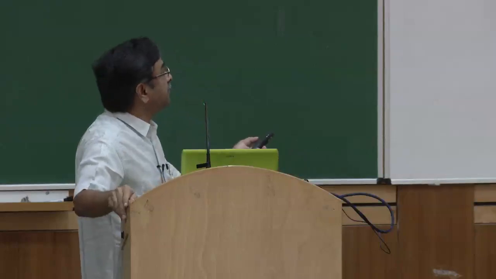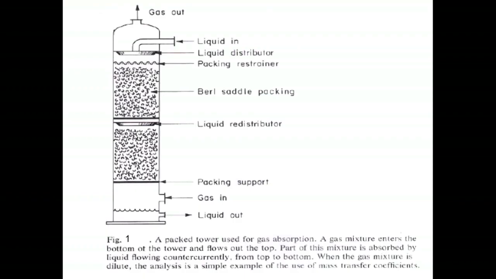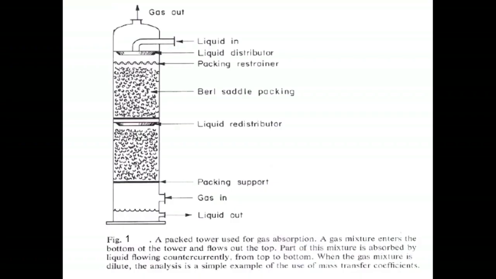So, you could think of enclosing this whole thing into a control volume, and you see how much gas is entering and leaving and with what concentrations, inlet and outlet, and how much liquid is entering and leaving and with what concentrations. So, if we know the molar flow rates of the gas and liquid, we will be able to say we know quantitatively the size of the process. What is going to happen in practice?